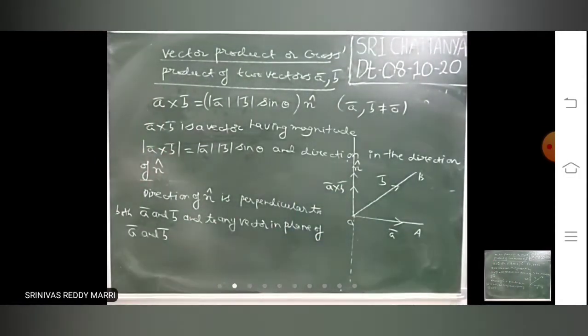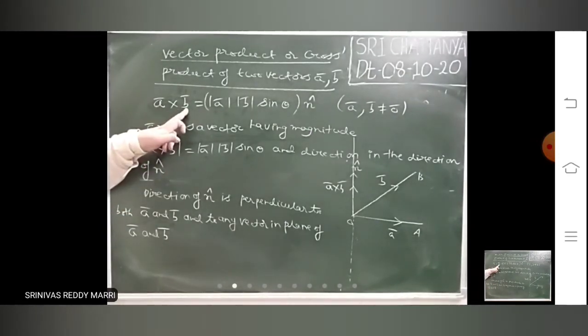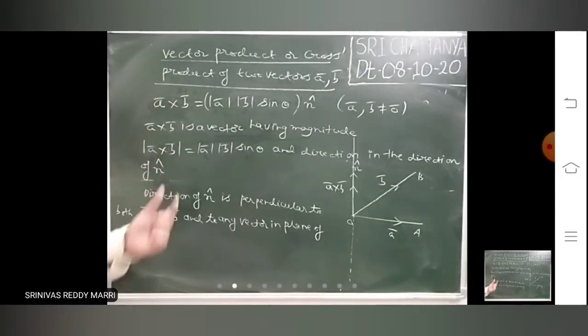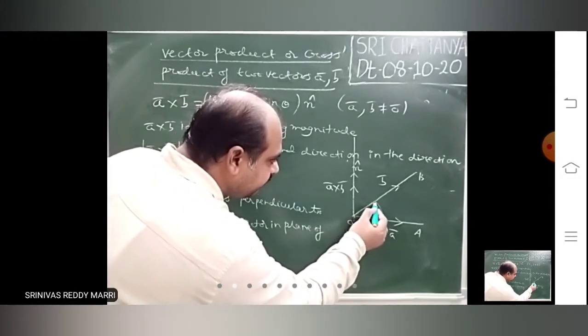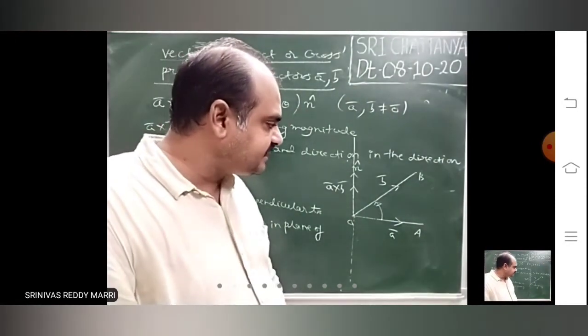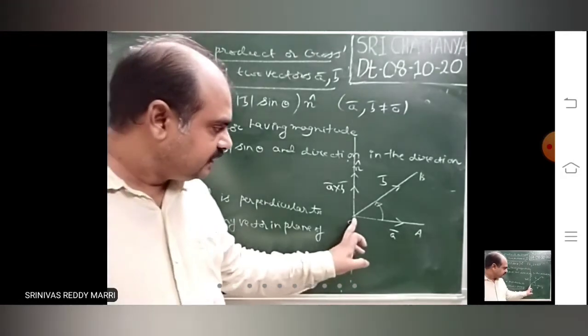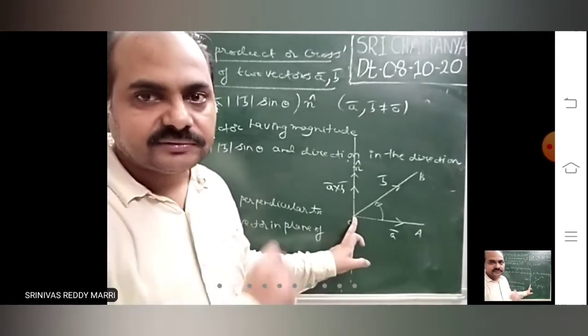How that direction you have to measure is, look at, in A cross B, first vector is A bar, left vector is A bar, right vector is B bar. Always while writing A cross B, we will make that first vector to second vector anti-clockwise direction. Like this, look at A bar to B bar, anti-clockwise direction. When A bar, B bar are like that, how the direction you have to measure is, assume a screw. Suppose at the initial point of both vectors, you assume a screw fixed.